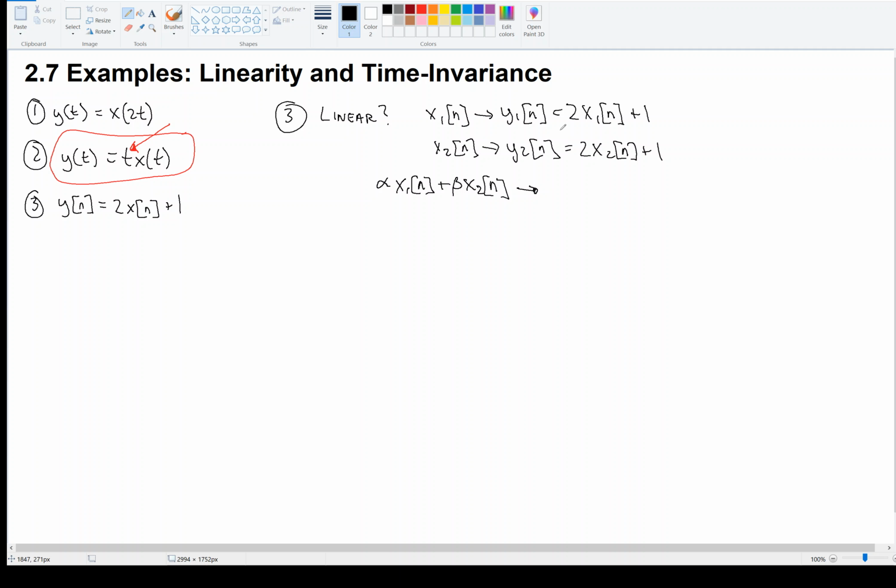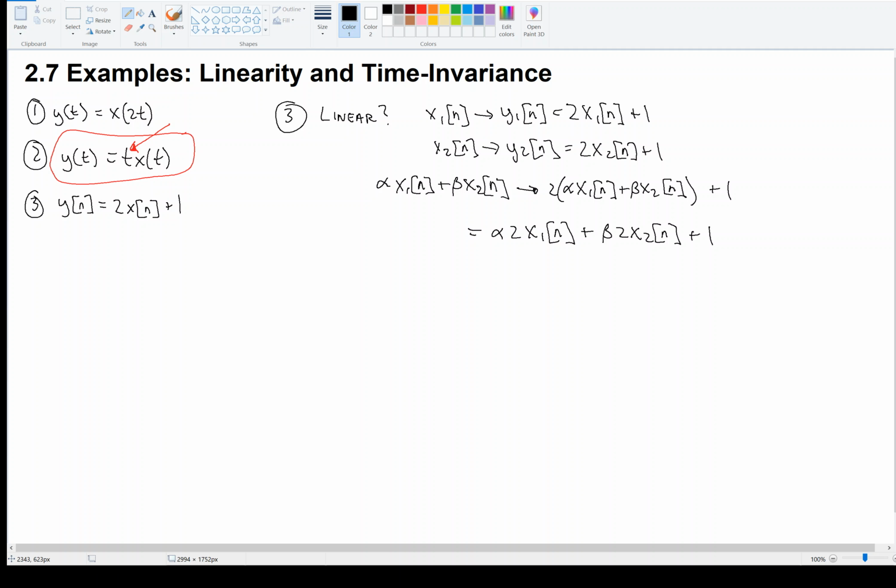Well, again, the system takes twice what I put in, and then adds 1. So if we distribute that 2 in, like this, and we ask ourselves, is this the same linear combination